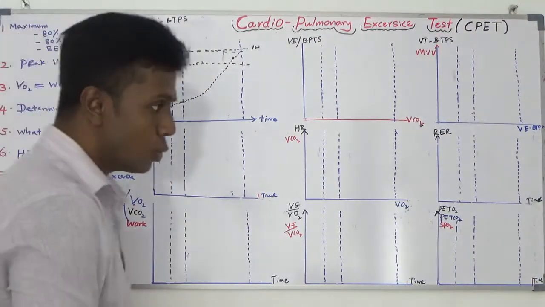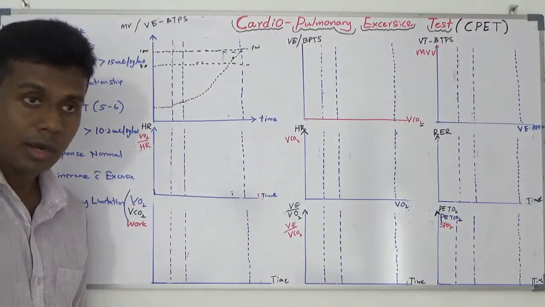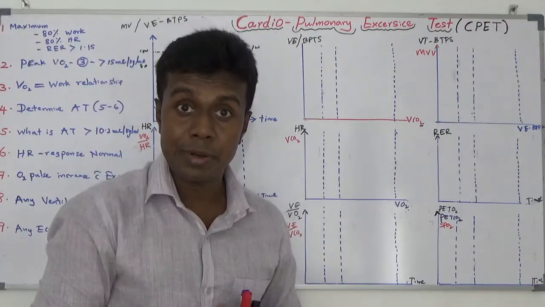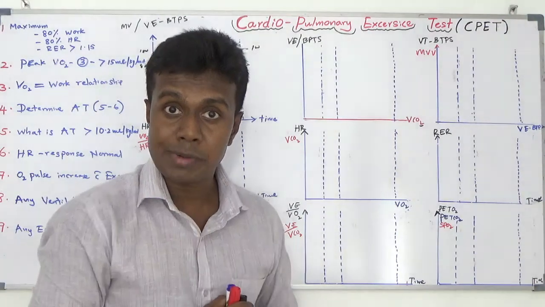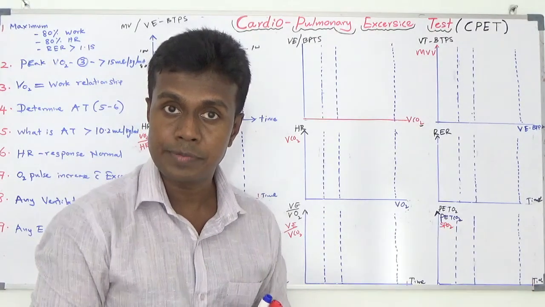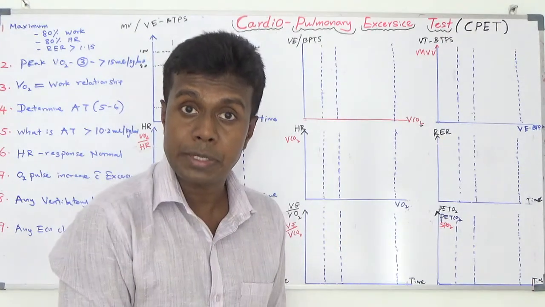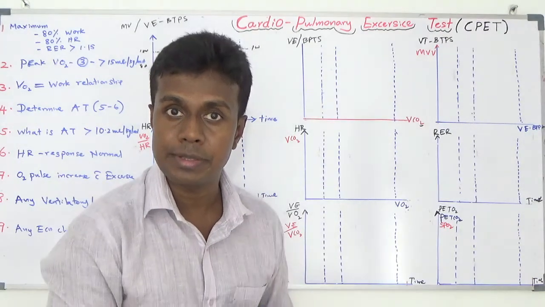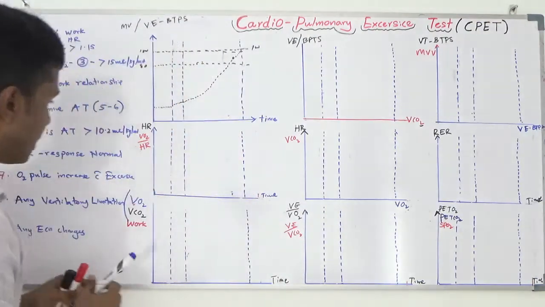Coming to graph number 2, he combined heart rate and oxygen pulse together. If you remember the previous example, it was me, 20 years old. Heart rate is 220 minus 20, so my normal maximum heart rate is 200. During exercise, I should achieve 200 beats per minute if I am perfectly normal. At least 80% of that, so the 160 to 200 range, I should achieve during the exercise.